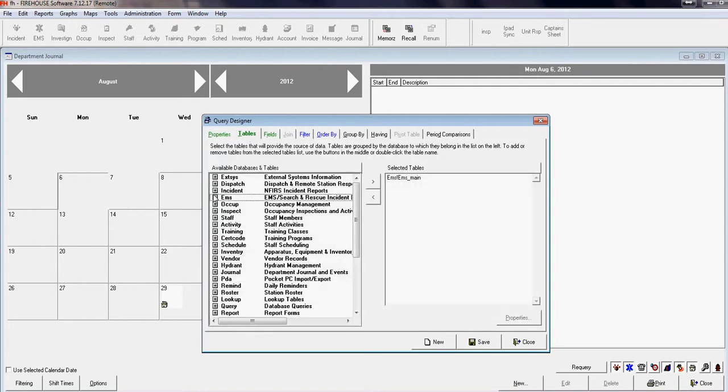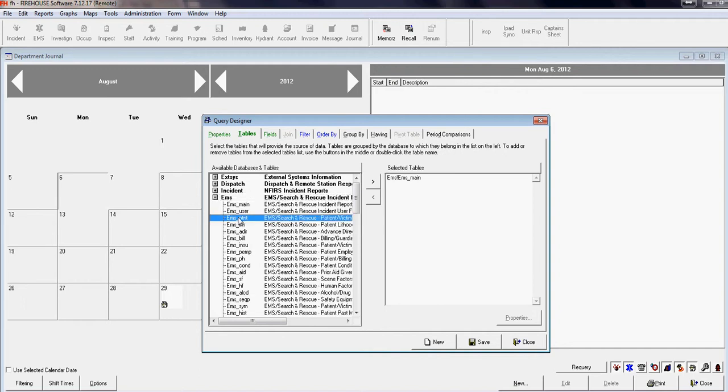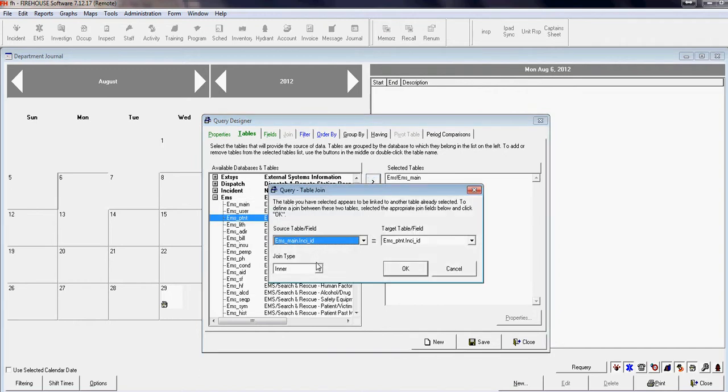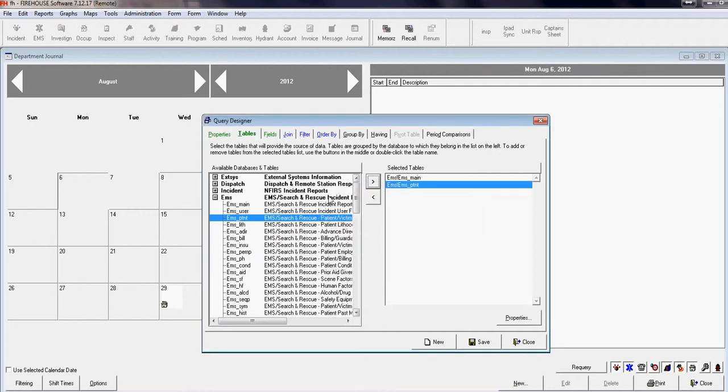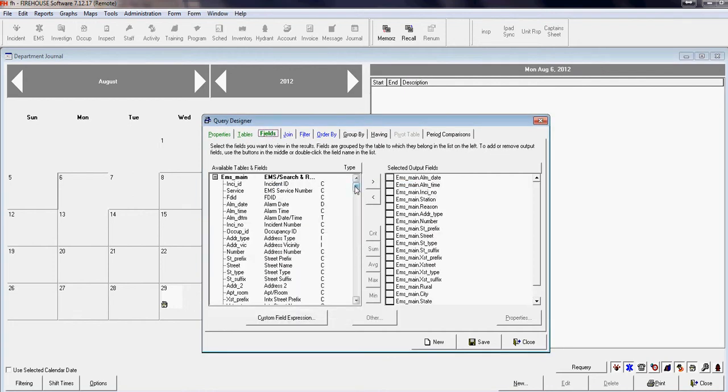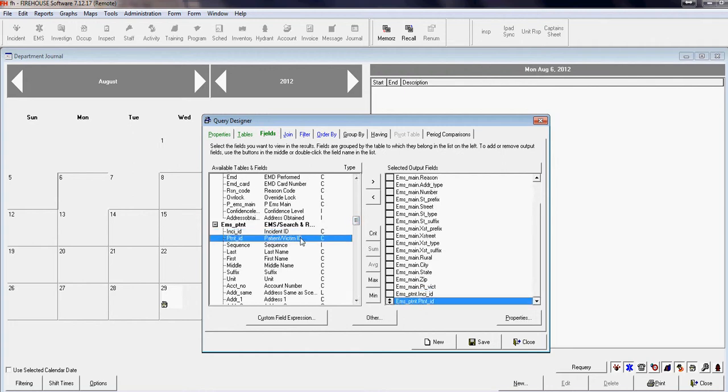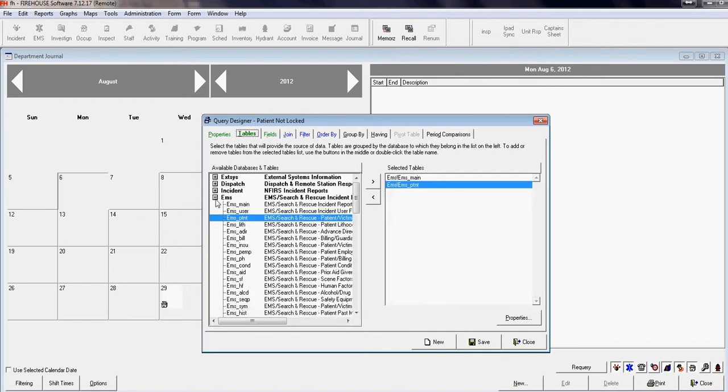We're going to add the EMS patient table. The left join. We're going to add the EMS patient ID and patient ID fields into it. We'll just save that. And then we're going to go back and we're going to add the